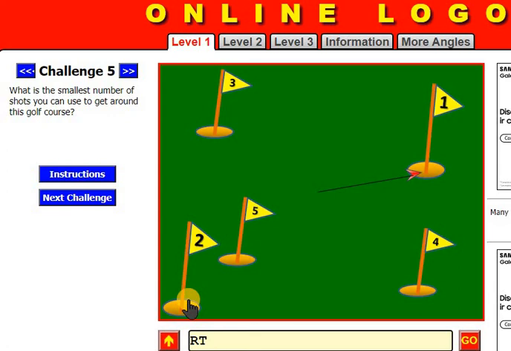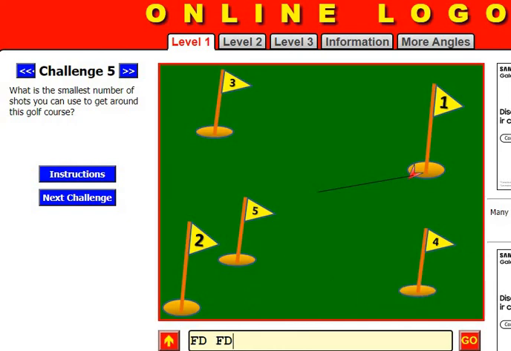We can give 140, then FD, or you can do RT 10 or 5, RT 5. Then FD, see the distance: 10, 20, 30, 40, 50, 60, 70, 80.